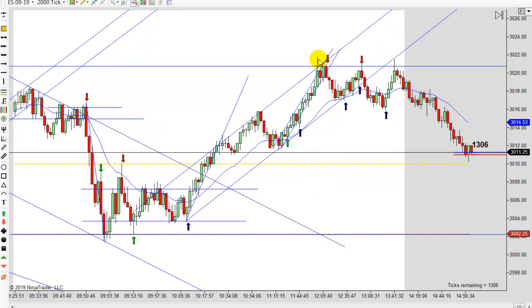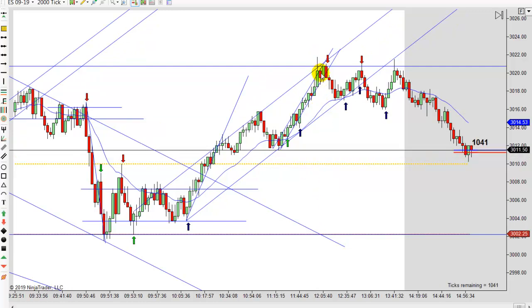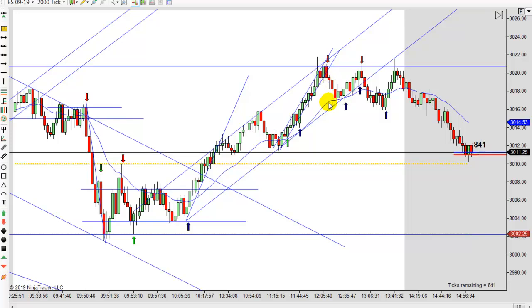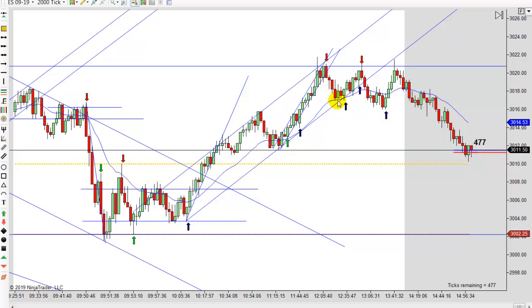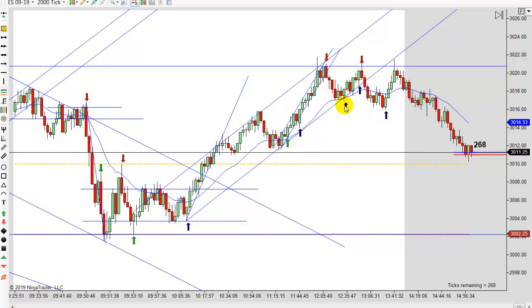And of course, you tested those highs again. You made a lower high with a bearish bar way away from the EMA. That's the kind of trade you want to take. That's a high probability trade. It does bounce at the EMA and then off the trend line. And you might have considered,